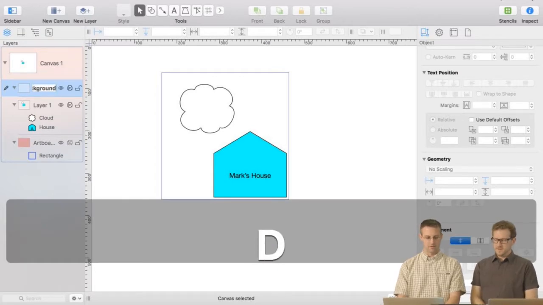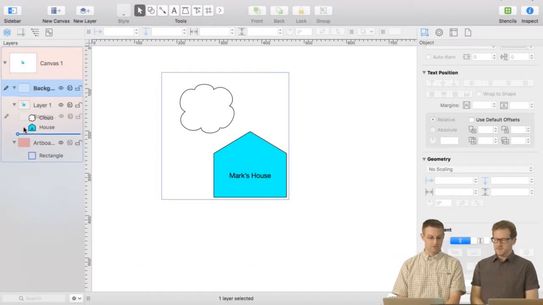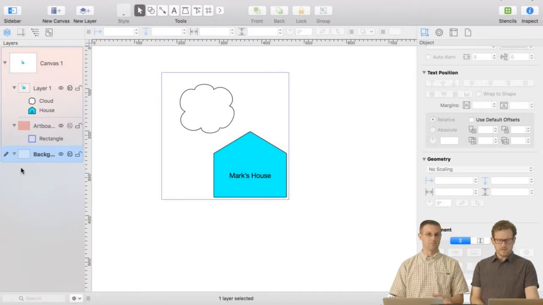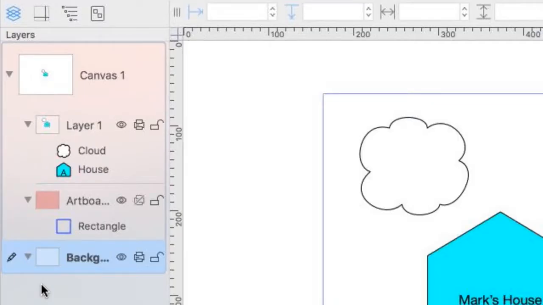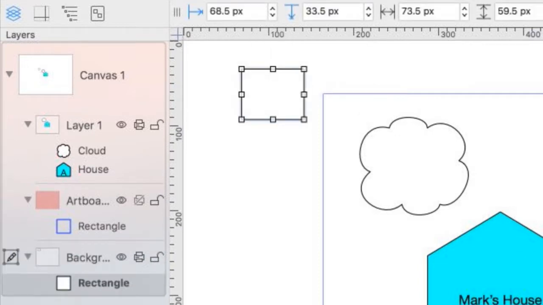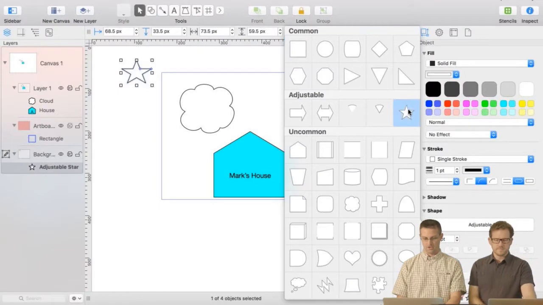Call this the background. And let's put it below the artboard, so it's not going to be impacted by the artboard's properties. And let's get a new shape here. Back up here. How about an adjustable shape? Now,